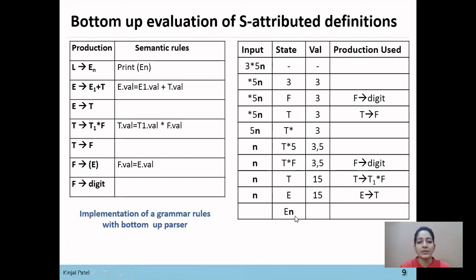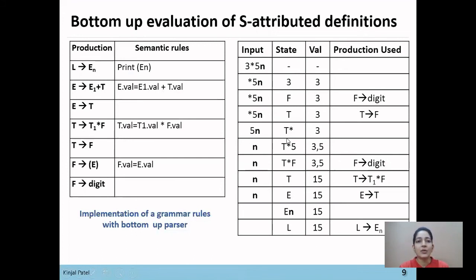Now this n will be shifted onto the stack. So En, where n represents the newline, and the value is 15. So here the next production rule is L derives En. So En will be replaced by L. So L is used to print the value of E n. So now the value 15 will be printed.